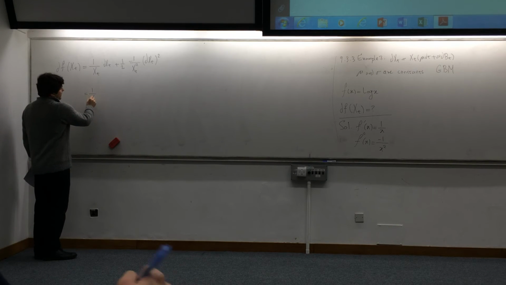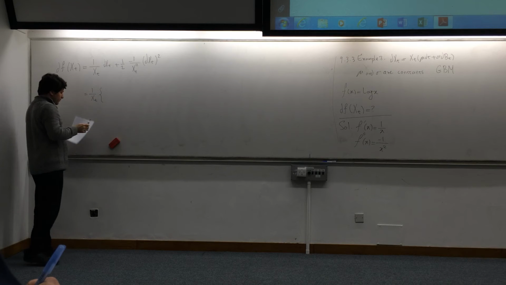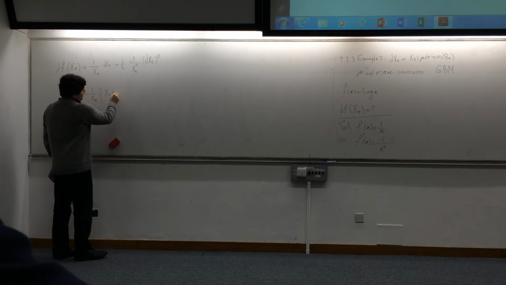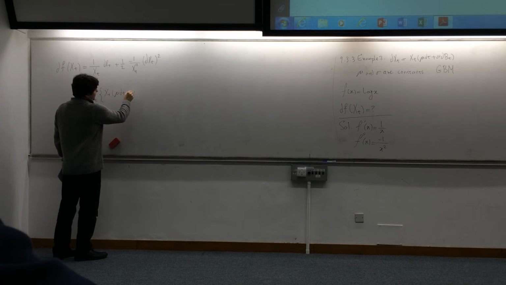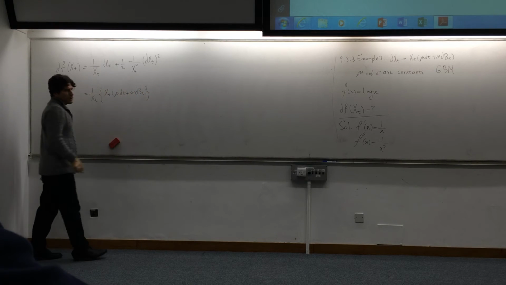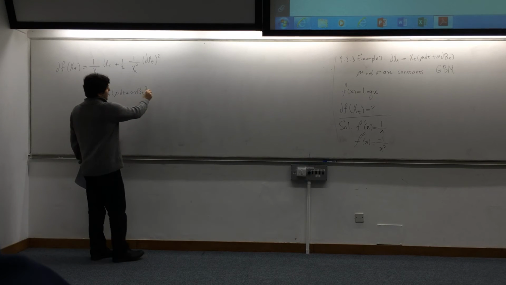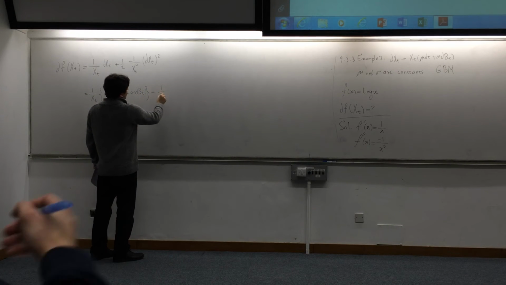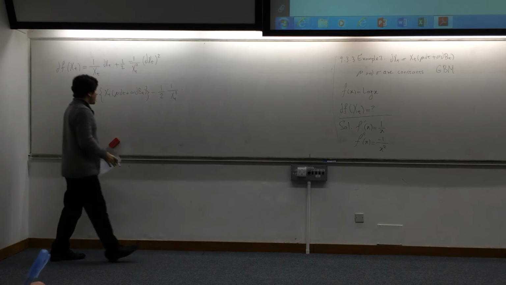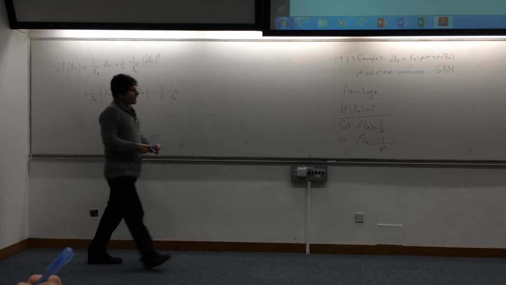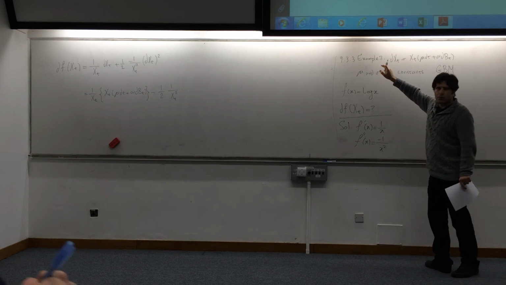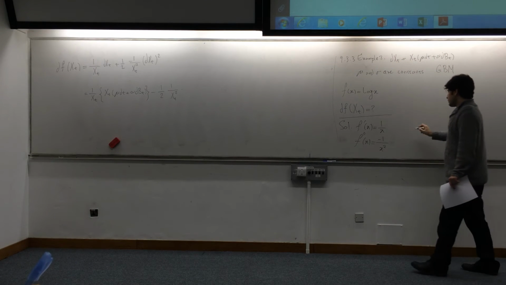1 over xt, and what's the formula for dxt? It's xt times mu dt plus sigma dBt, then minus 1/2 times 1 over xt squared times dxt squared. So here you can calculate dxt squared in a similar way to what we did before. You can see that